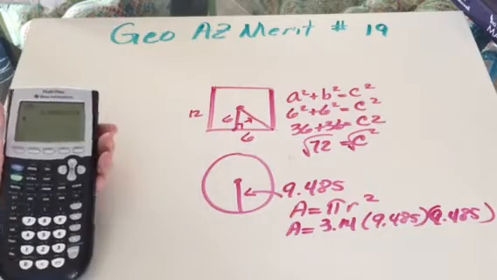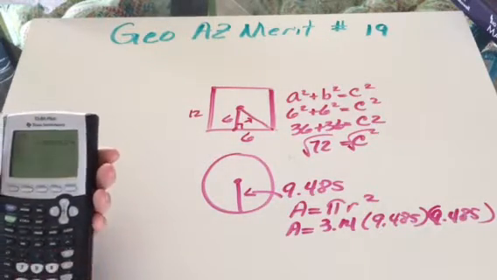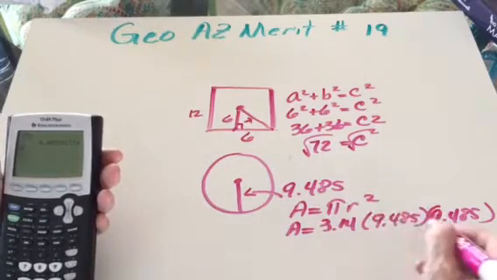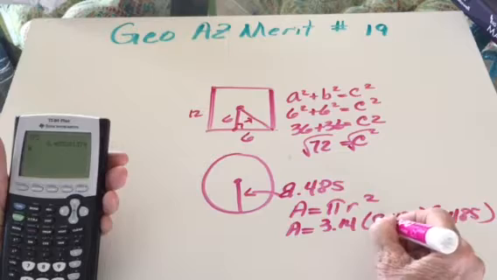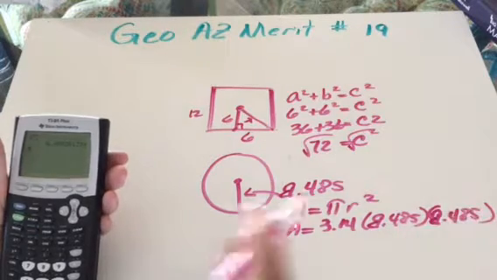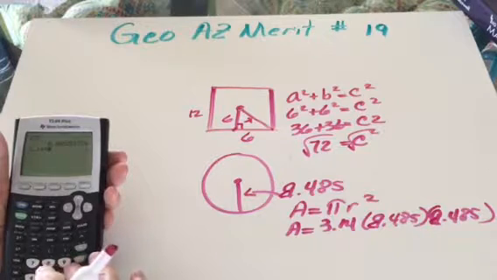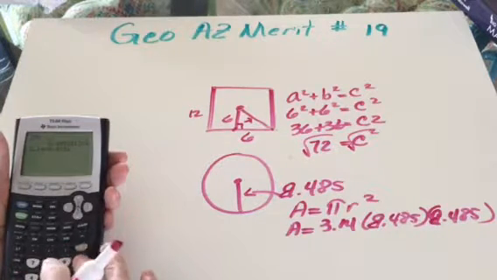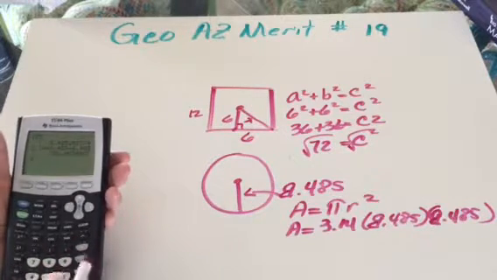All right, let's just do that on the calculator and see what it is. I'm sorry, kids, it's 8.485. I didn't read this right. It's 8. Sorry. All right, so 3.14 times 8.485 times 8.485 equals